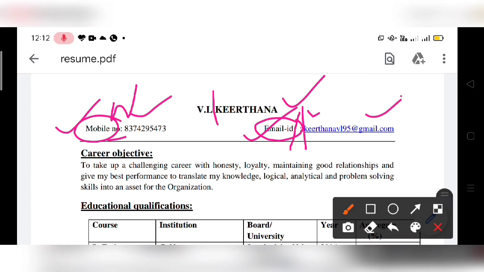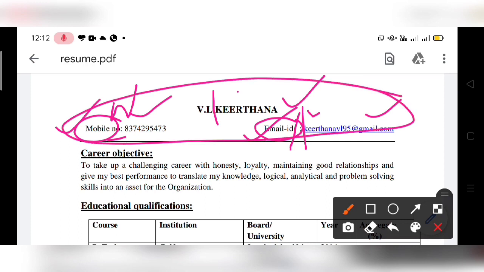Even if you have some professional networking IDs also, like LinkedIn or say your blogs, etc., you can include them over here. All the details can be included in the first section. This is very important because if the employers want to contact you, they will just see your name, email ID, mobile number, and this is like a ready reference for them.